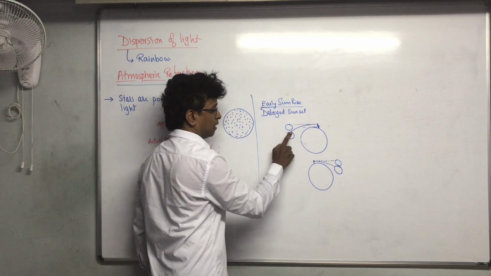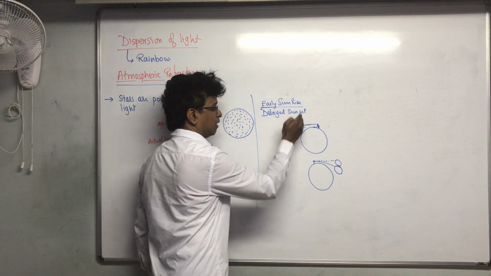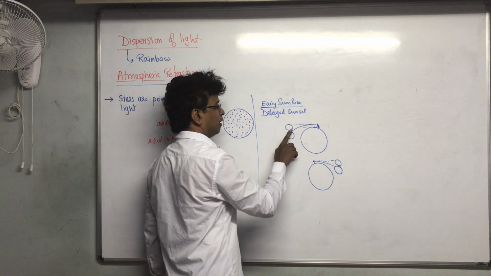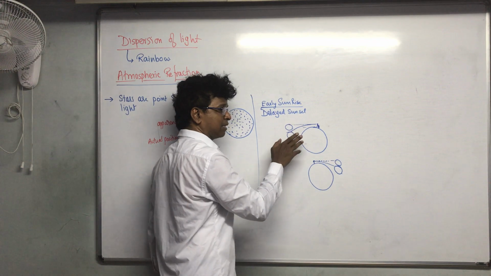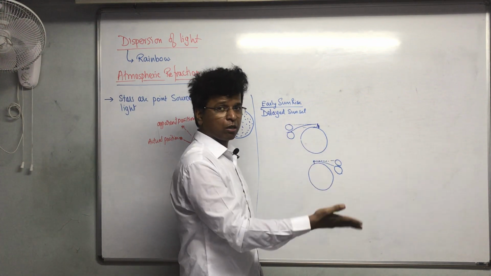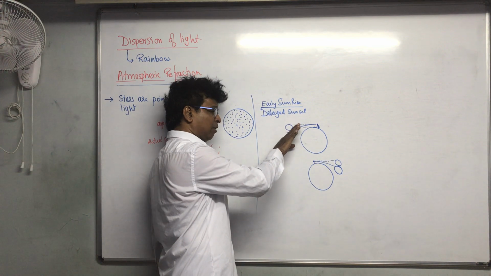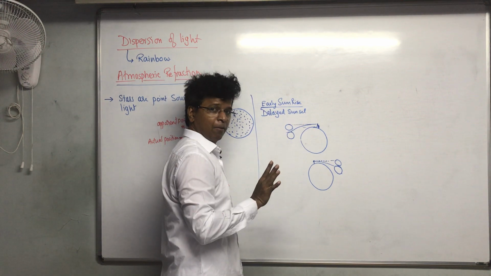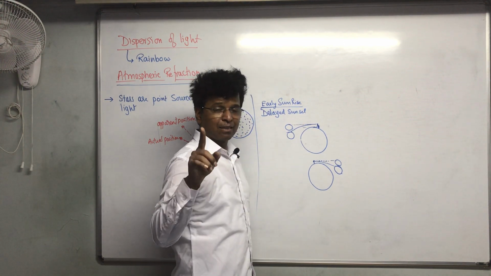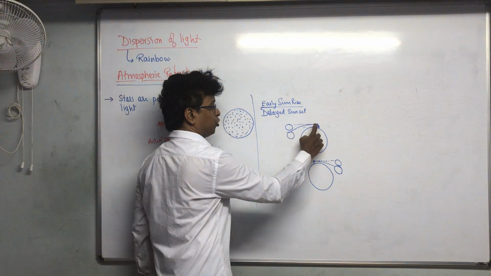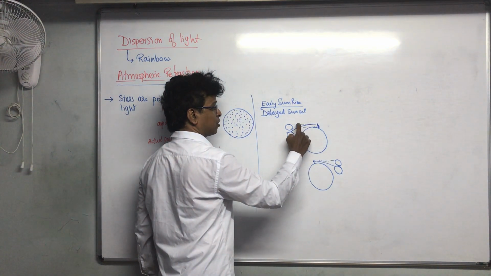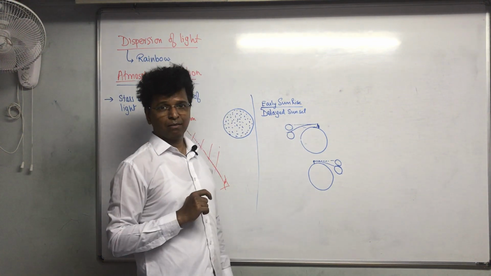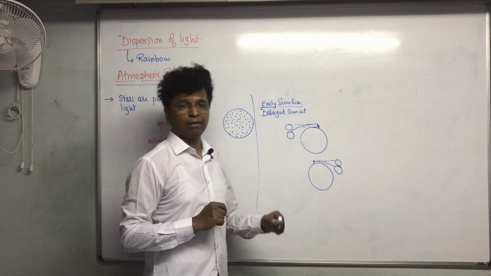So this light continuously, because there is continuous difference in the atmospheric density, the ray of light keeps on bending. Of course, the density goes on increasing as you go closer to the earth. So that's why the ray of light keeps on bending towards the normal and inside, and then it reaches you. But as light travels in a straight path, for you, the ray of light which actually goes in the straight line, you will be able to see the sun over here. Are you getting? And that's why we see early sunrise.